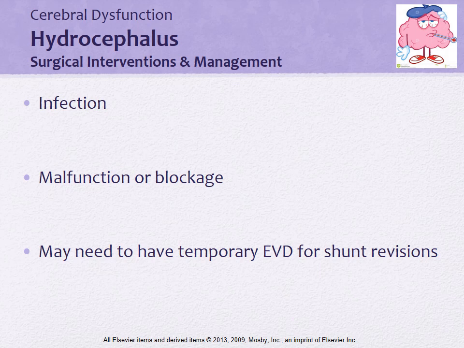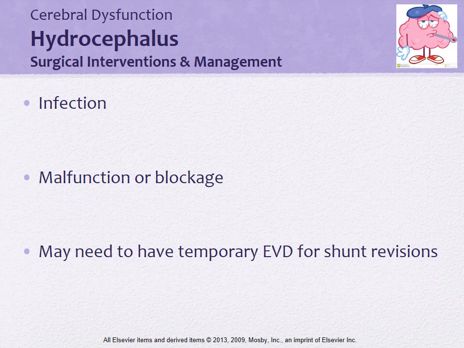As far as malfunction, there could be a kinking or separation of the tubing from the shunt or in the shunt. There could be some matter that gets into the ventricles and then blocks the actual tubing. So when the valve opens, a little bit of matter gets in there. It's too big for the tubing, so then it blocks the shunt. And then a thrombosis on the distal end of the shunt. So if there's a thrombosis in the aorta or in the peritoneum that's blocking the end of the shunt for it to drain, that can be a problem. And then, as I said before, displacement of the shunt as a result of growing.